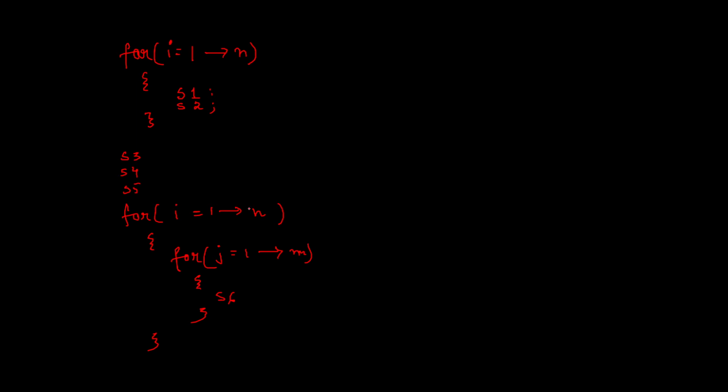So let's first write down the simple equation that is representing the function T(n), that is representing the time taken to execute the program with respect to n number of inputs. What you can say? You can say that it will be S1 plus S2 dot n plus S3 plus S4 plus S5 plus, you see,